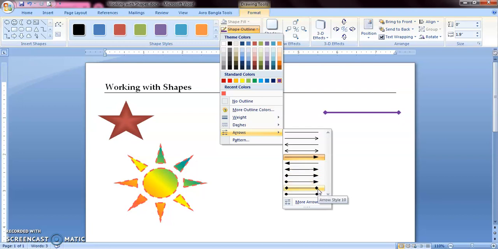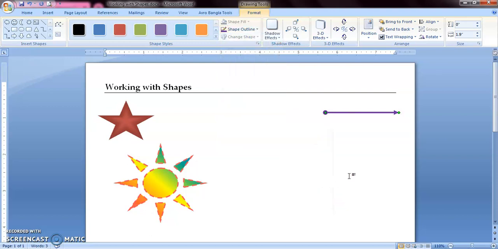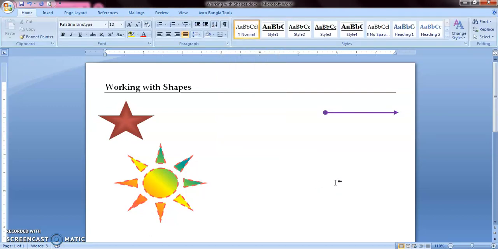So from here you can choose any option that meets your need. So let's say I am going to select this option. This arrows option is only available when you draw an arrow on your page. So these are the different ways in which you can modify the shape outline.